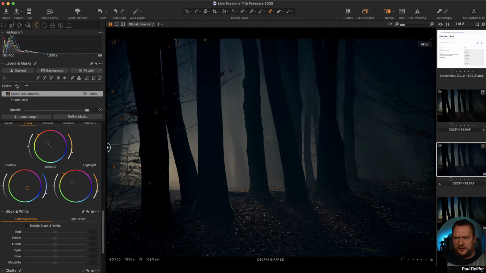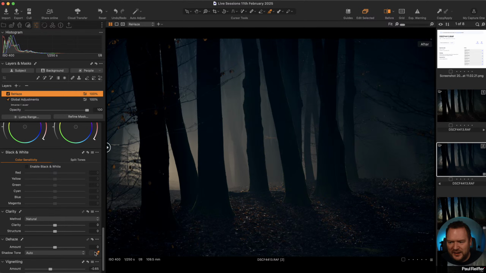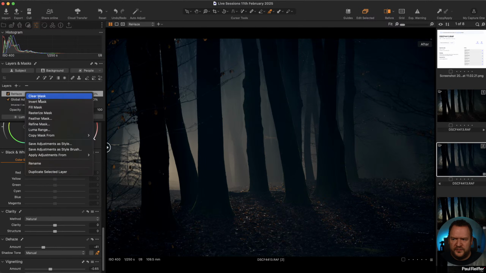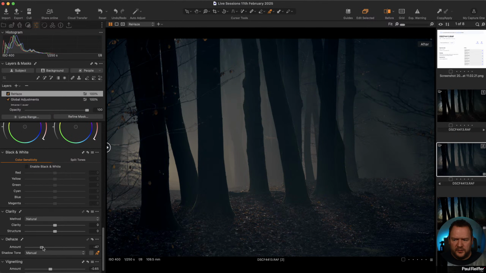So I said about dehaze. Let's create a new layer. I'm going to call it rehaze. Guess what we're going to do? I'm going to choose my fog color. So when it says shadow tone, imagine fog color. And I'm going to put in a negative amount of haze. So if I were to fill this entire image with it, we can see how much haze it's going to put in about there.